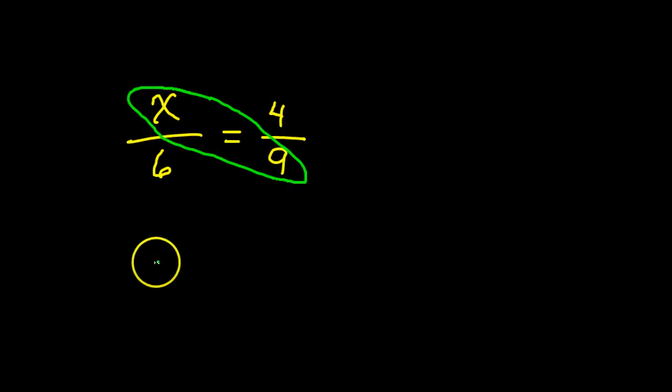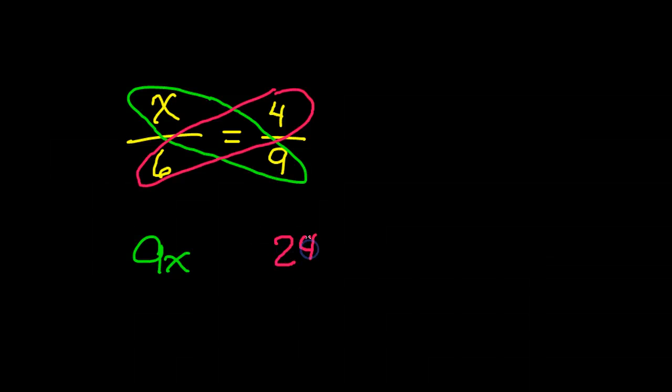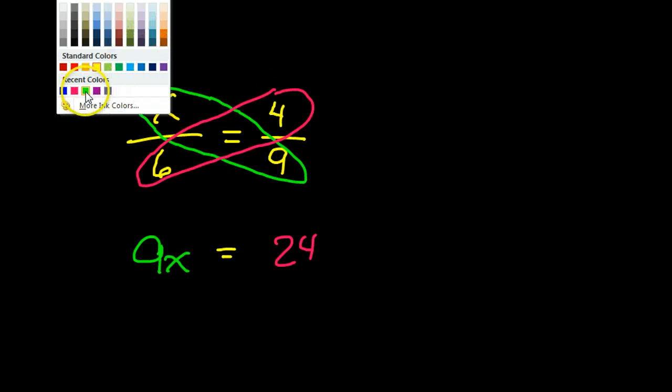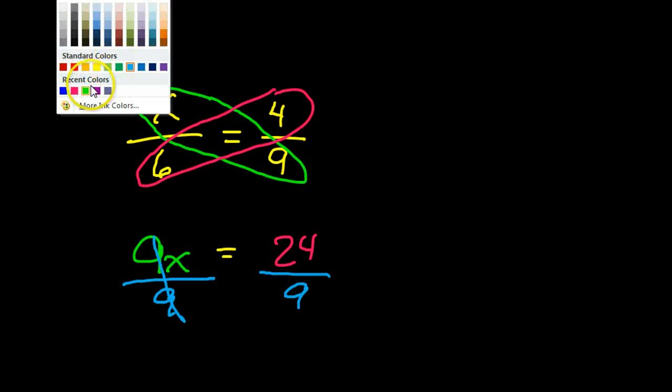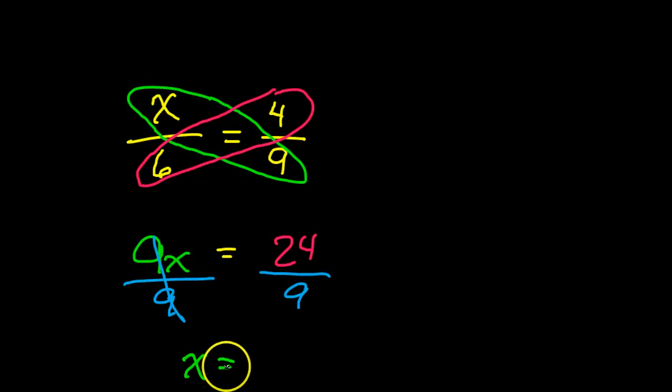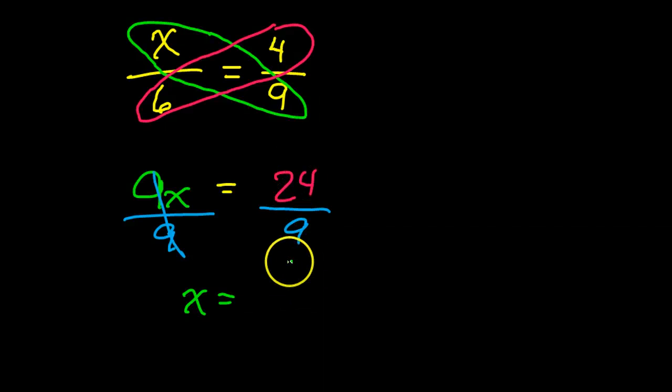So x times 9 would give us 9x, and that would go on one side. And then if we do 4 times 6, of course that's 24, and that would go on the other side. So I'd have 9x is equal to 24. Then if I wanted to get x by itself, I could divide both sides by 9. So that's going to give me x equals 24 divided by 9,